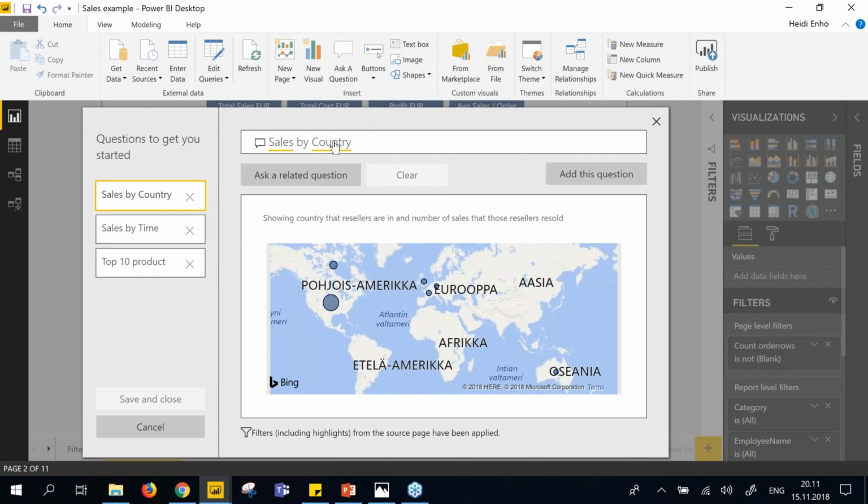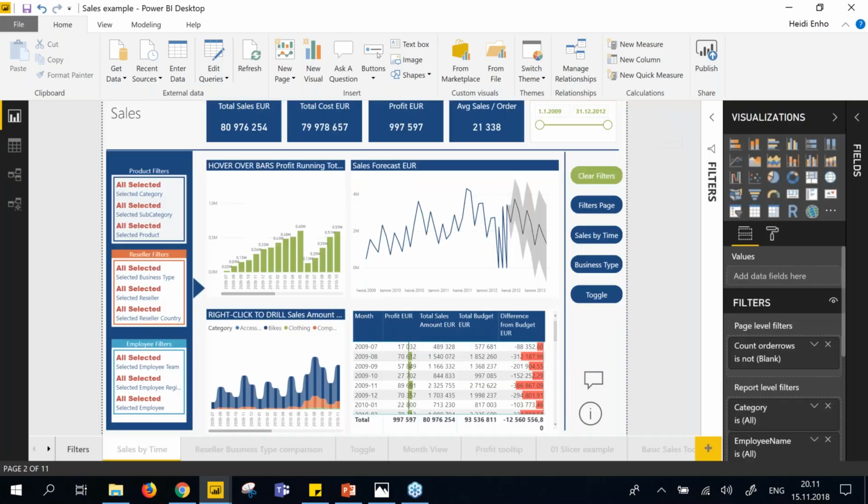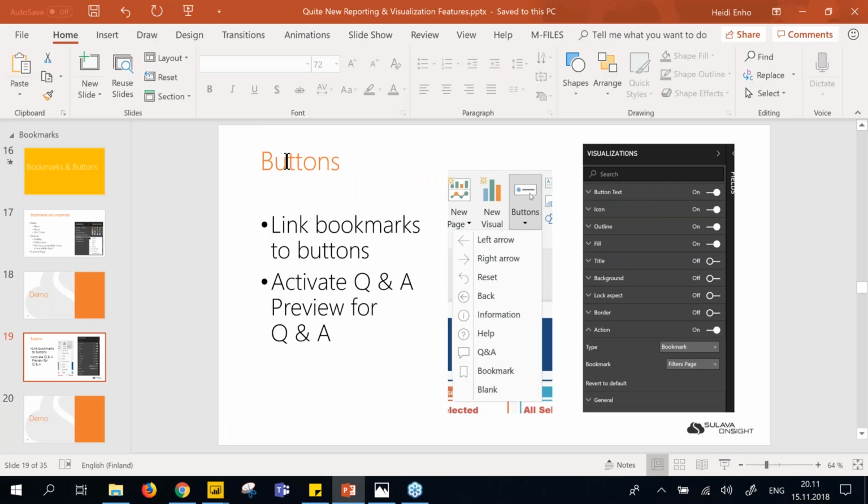A new feature, I think this came also, was it in October? I'm not sure, but it's quite new. So nowadays you can start also asking related questions. When you have asked something, then you could continue asking even more detailed information about that topic. So we can build quite nice